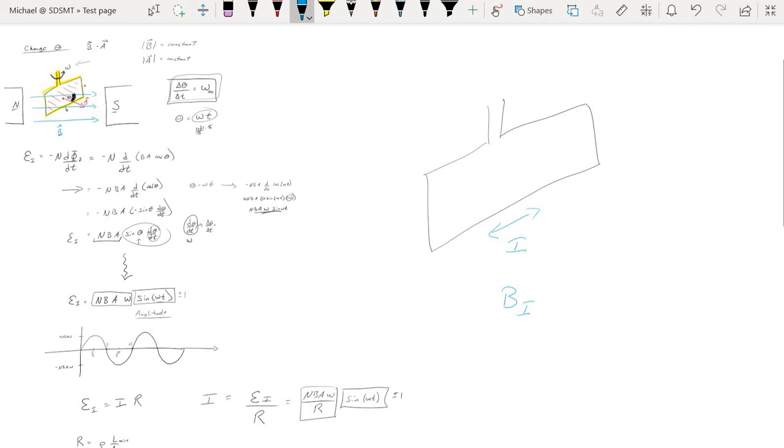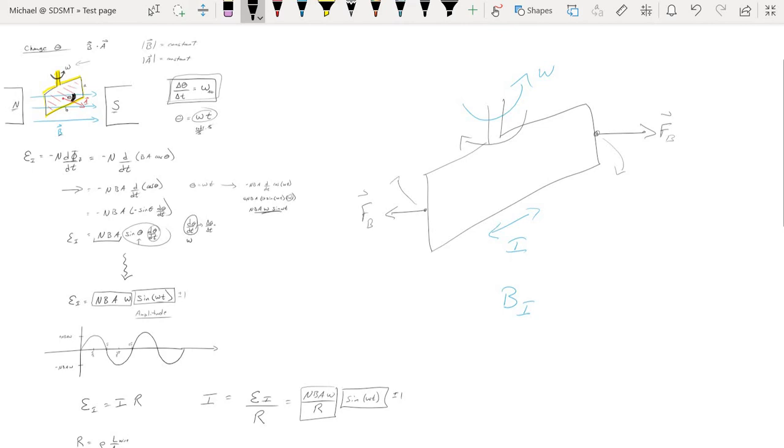Okay, so that means that in order to prevent this coil from continuing to spin this way, we would have to have some kind of a magnetic field that would provide rotation in the opposite direction. And that means that we would have to have some magnetic forces acting on either side